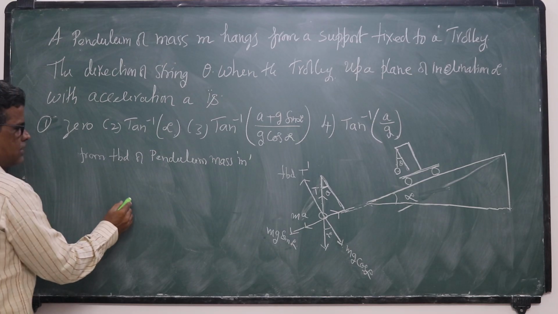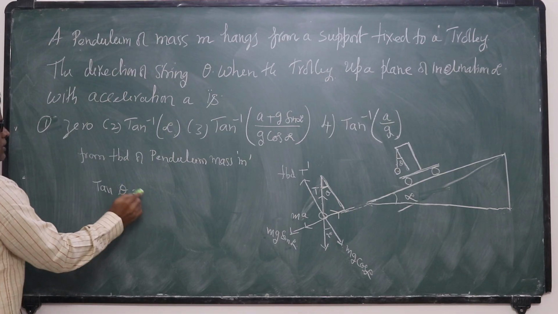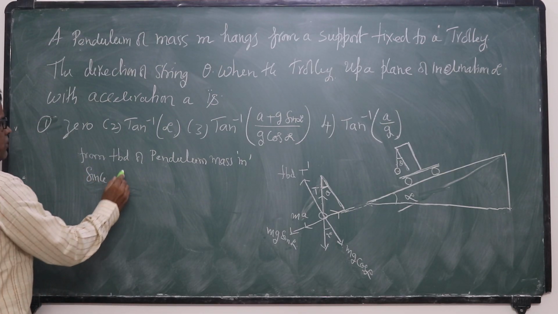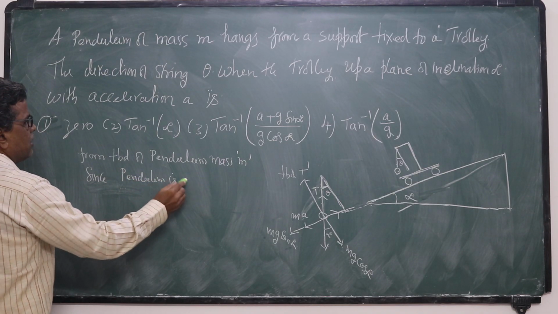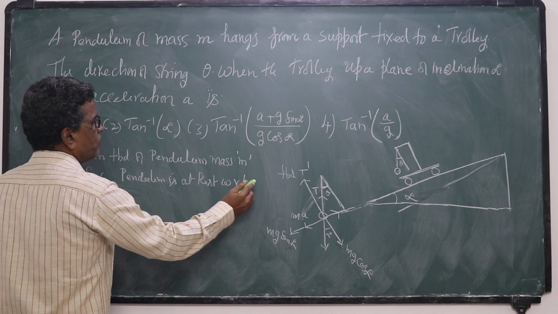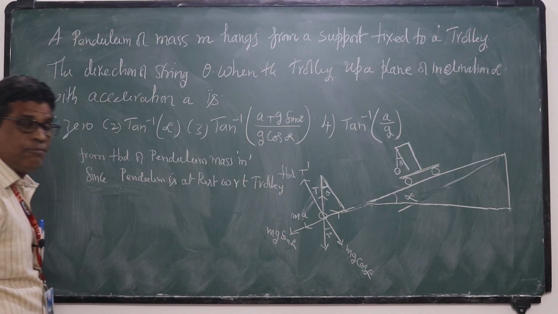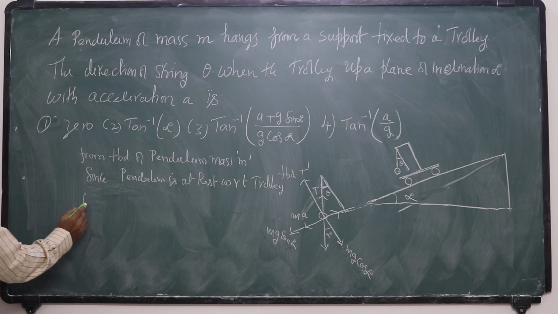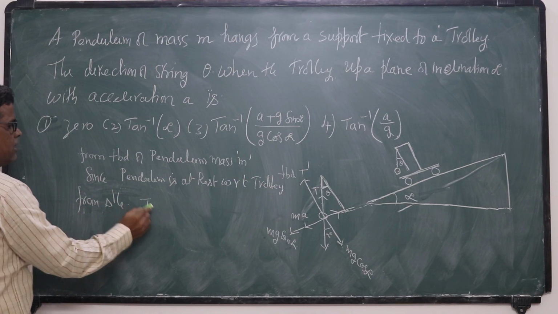Since the pendulum is at rest with respect to the trolley, it is under equilibrium. So I am equating the forces. So from the diagram, tan theta is equal to,